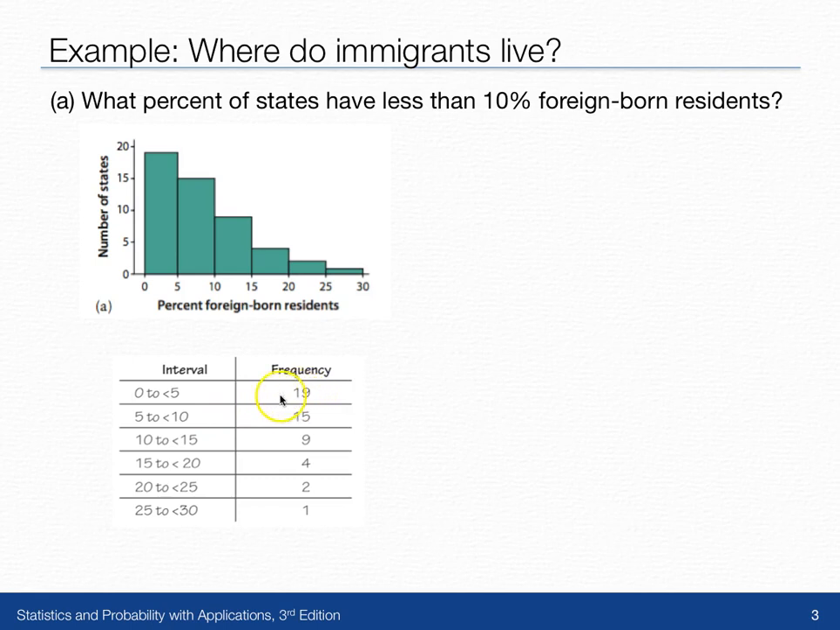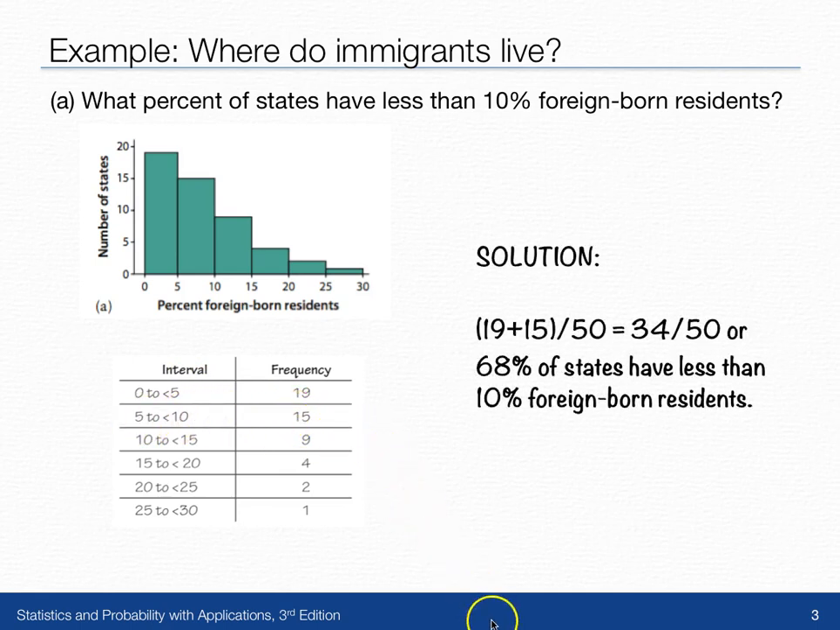There are 19 states that have between 0 and 5% foreign-born residents, and 15 states that have between 5 and 10% foreign-born residents. Therefore, 19 plus 15, or 34, out of the 50 states, which is 68%, have less than